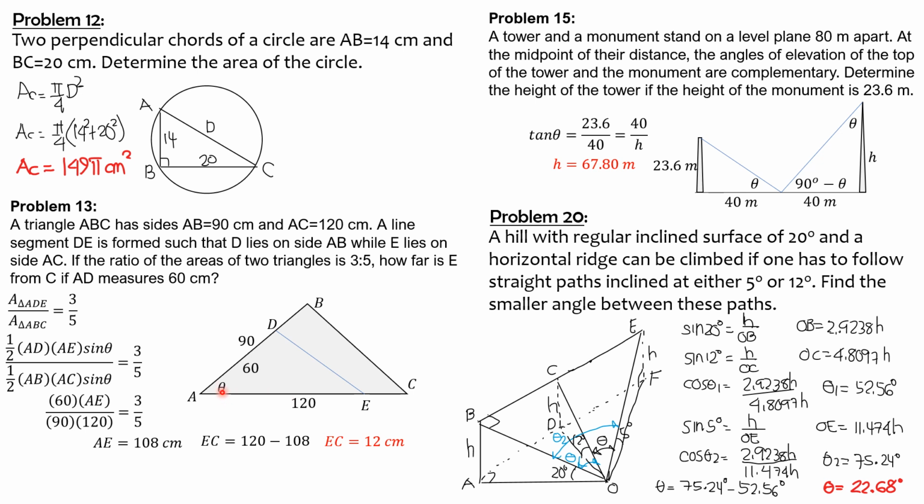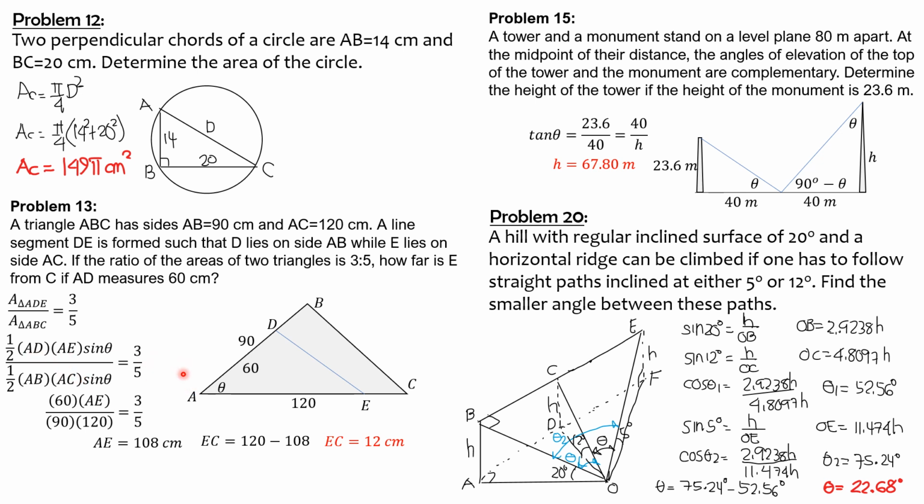Let's call the included angle as theta. So area of triangle ADE to area of triangle ABC is 3/5, given here. So area of triangle ADE is 1/2 AD times AE sine theta, while area of triangle ABC is 1/2 AB times AC times sine theta. We cancel 1/2 and sine theta, and we note that